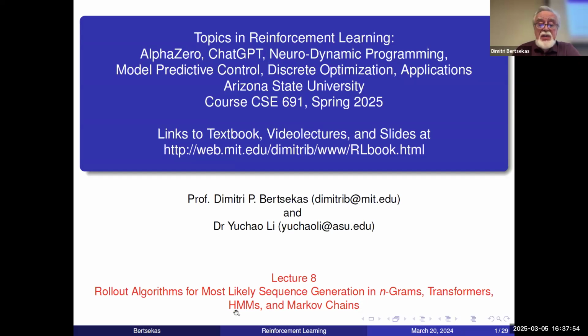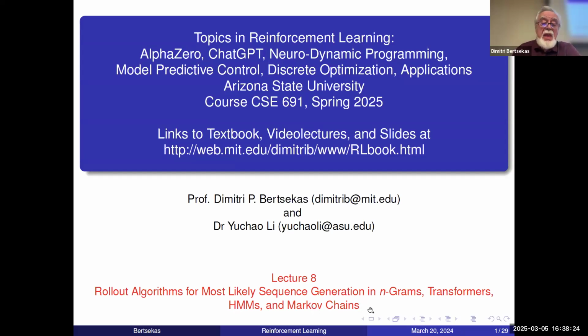There's an old context relating to inference in HMMs, or Hidden Markov Models. This is an area with a vast range of applications that goes back to the 1960s. There's a related context, inference in Markov chains, but there's also a new context that has to do with n-grams and transformers, and then it arises within this context in essentially the same form as in the past in the